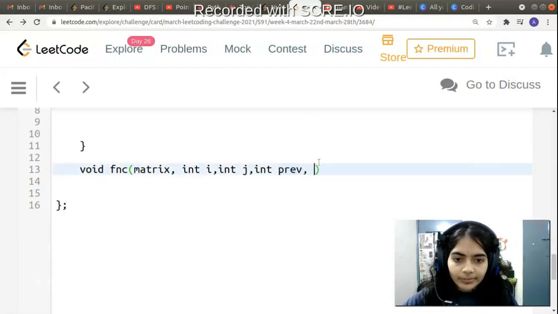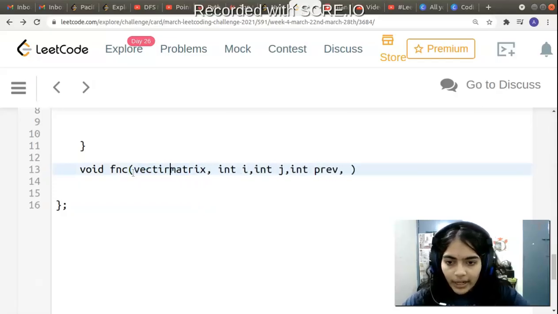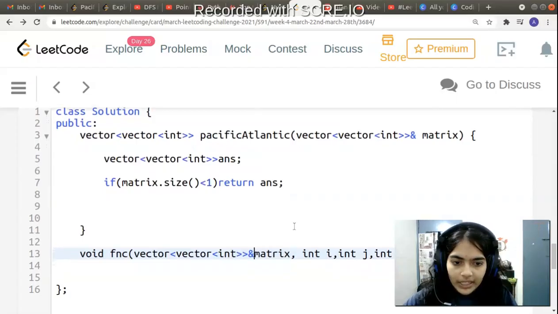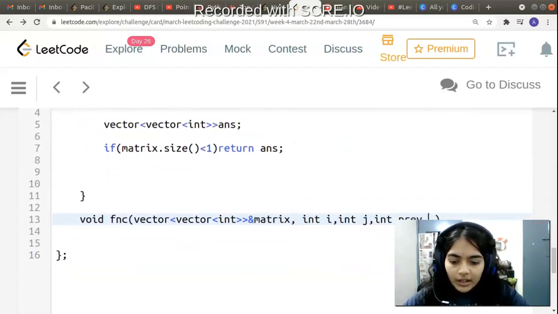And then what else should we have passed? We have passed a matrix. We should actually declare the matrix here. So vector int matrix, we can take it by reference because we are not going to make any changes to it. And we will pass the ocean array.